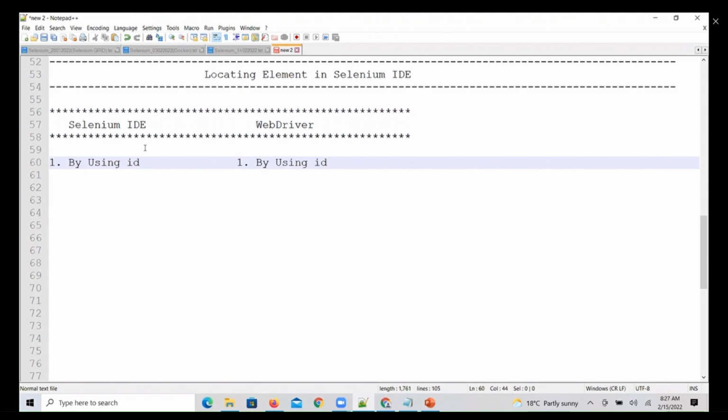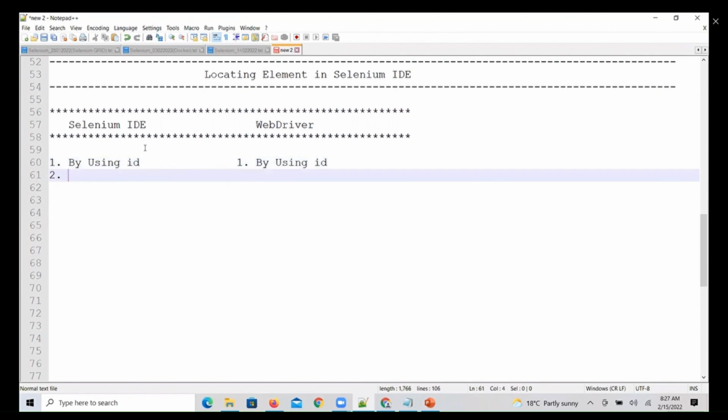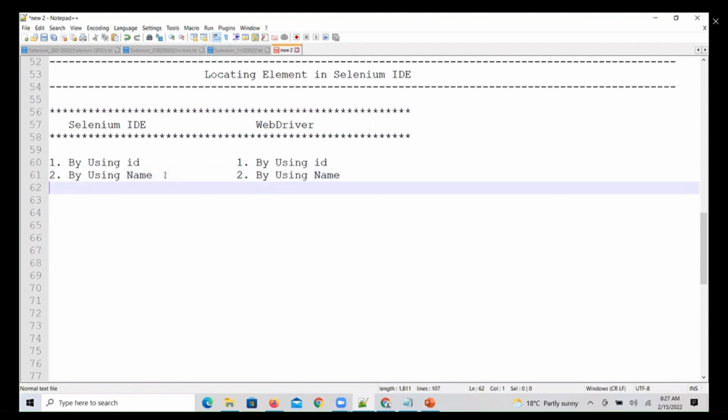Let's get started. By using name, by using XPath, class, CSS, link text, tag name,